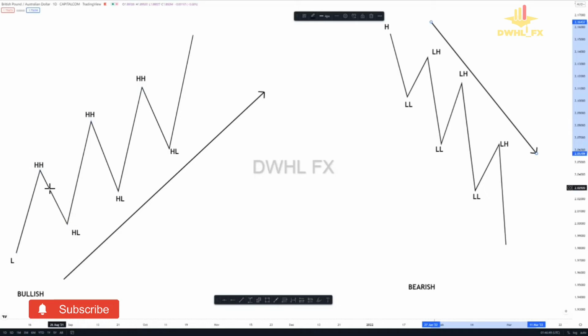So let's say if price is around this area, instead of rushing to enter here, you just have to wait patiently, because after a break of structure, price will definitely retrace or pull back into your higher low zone,